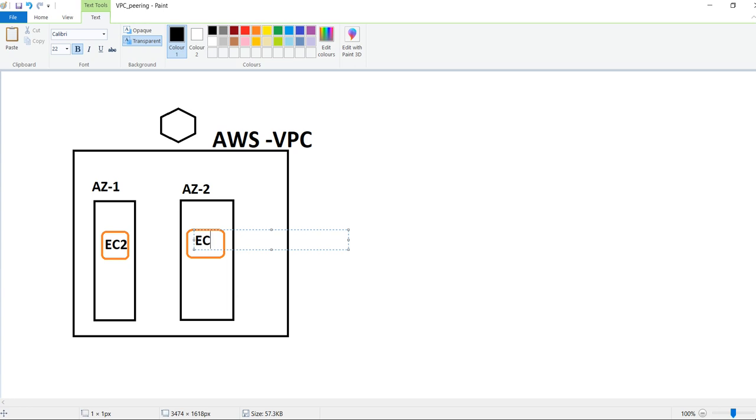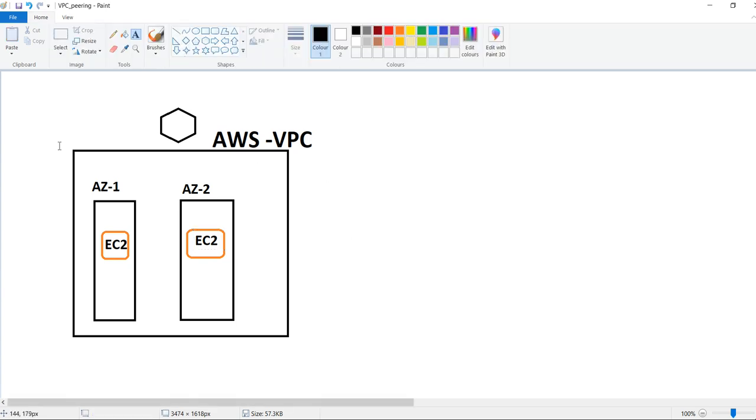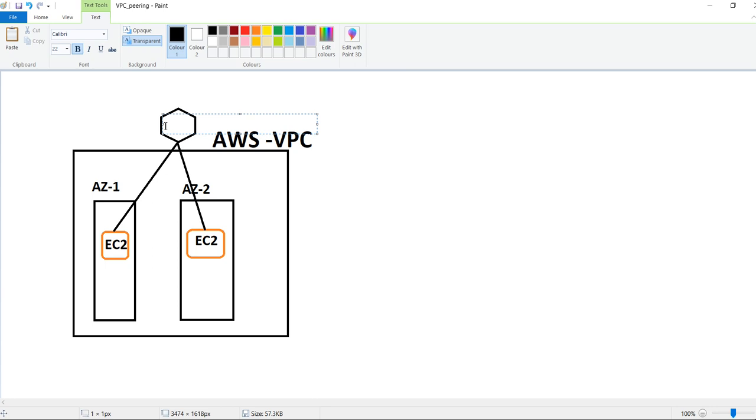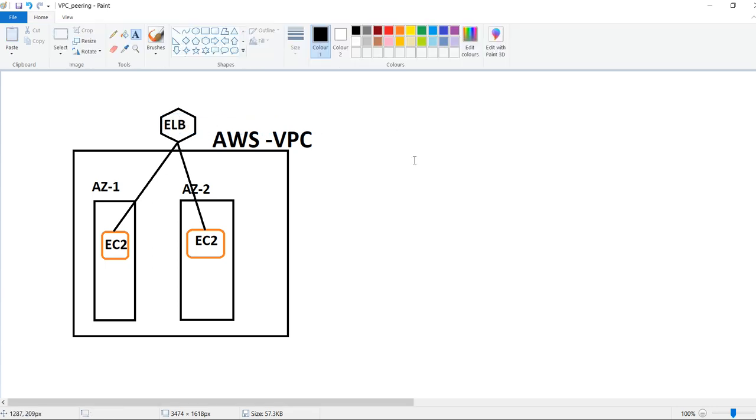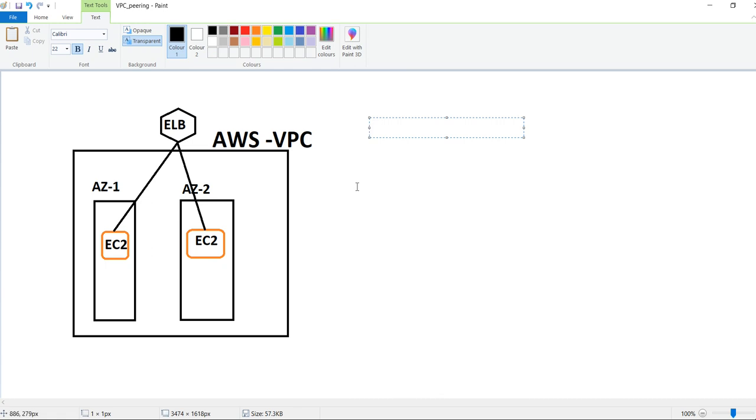So here also we will have our EC2. So this is actually our workflow, how it will be in real time also. Under VPC we have multiple availability zones, where we are creating multiple subnets in each and every availability zone. And we have a load balancer which is facing the server traffic that we are generating. We'll call it ELB, elastic load balancer. So what are the different types of load balancers available for us?